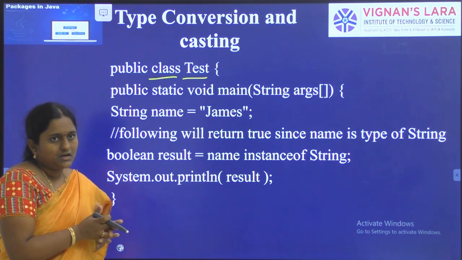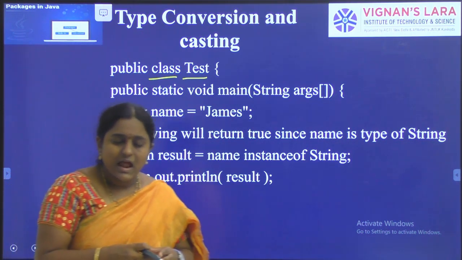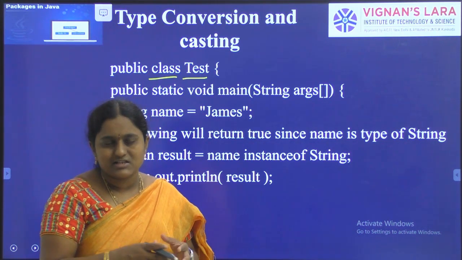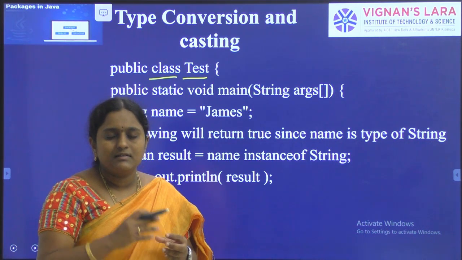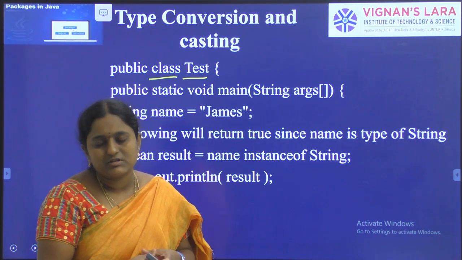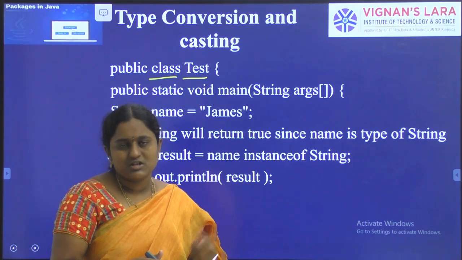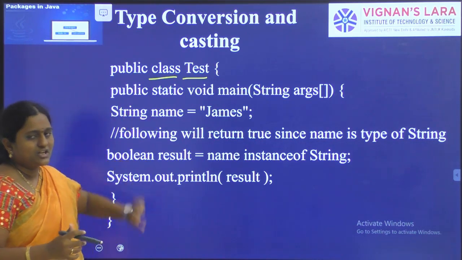Already in the previous classes we covered public access specifiers and the access control concept. Already you know that any class can be defined with a public access specifier. What are the restrictions? How is it possible to access the class from outside the class and outside the package? You might already be aware of this concept from the previous classes. Next, here the main method: public static void main(String[] args).